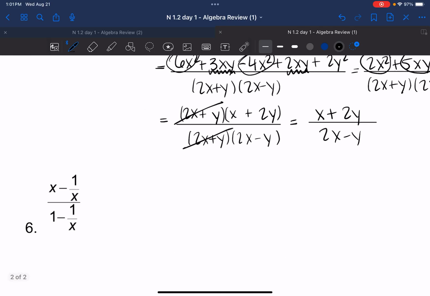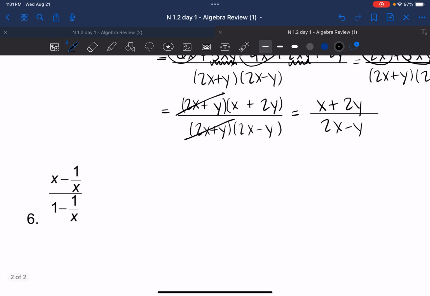All right, number 6. Here we are subtracting and dividing. Now, in order to subtract, we do have to have a common denominator. So currently, this is x, or x over 1. I can easily turn that 1 into an x by multiplying it by x to get that common denominator. So in top and bottom, I'm multiplying by x, which is going to give me x squared over x